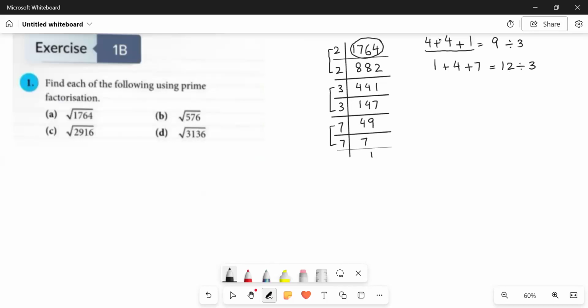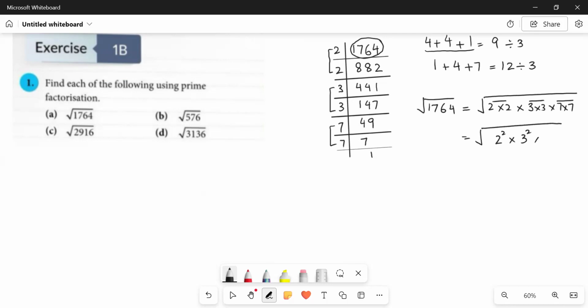So all we are going to do is we will just write down 1764 in this under root and write its factors on the right side in pairs. This is how we are going to write it down. 2 into 2 into 3 into 3 into 7 into 7. Okay, just put a bar over these pairs so you may change them into squares in the next step. Okay, this is how you have to do it in steps.